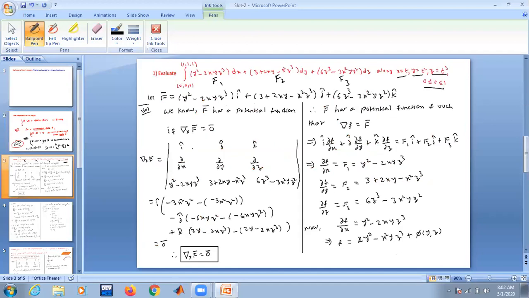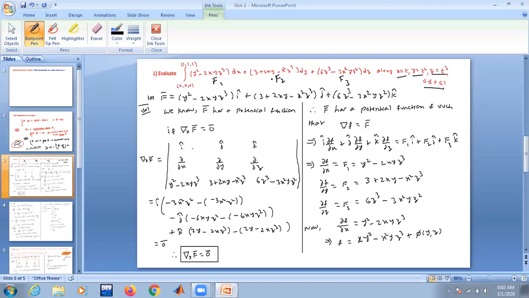That procedure is always there, but it will take so much time because f1, f2, f3 are longer expressions, so computational time will be more. Whereas if you observe that it is a conservative field, then you can find the potential function and the integral is going to be path independent, so there is no need to choose this path. Directly you find the value using the potential function. This problem we already did earlier in unit 4 on finding the potential function. I just took the same problem that we discussed there.